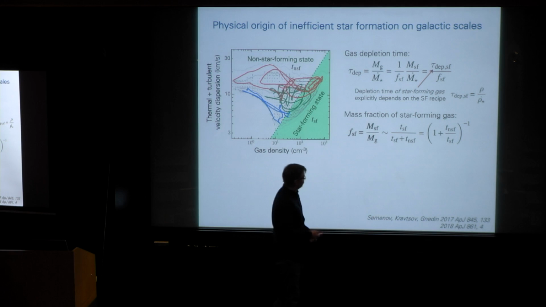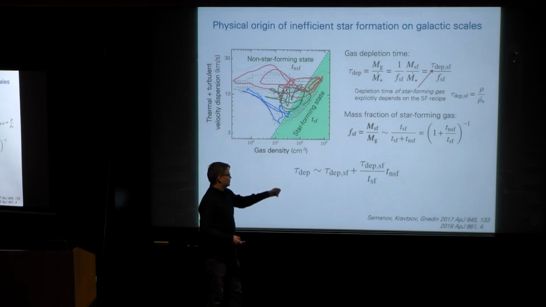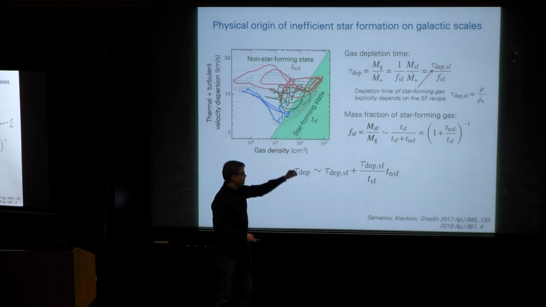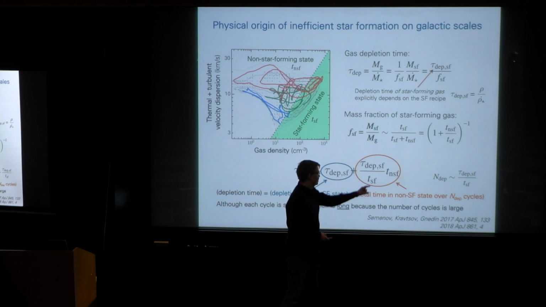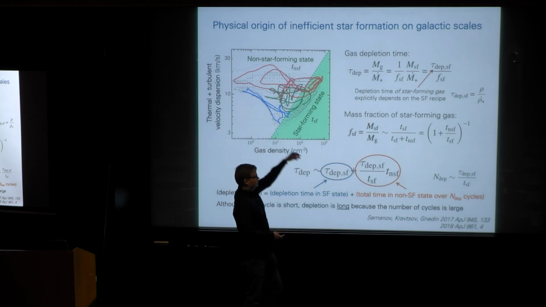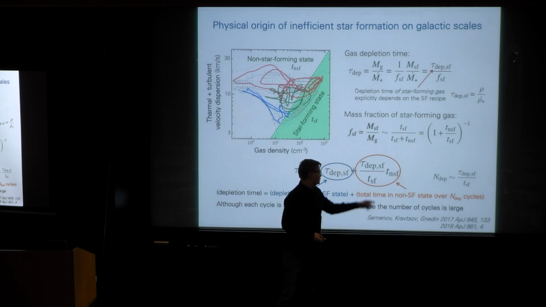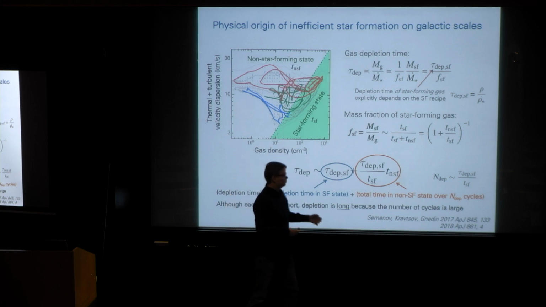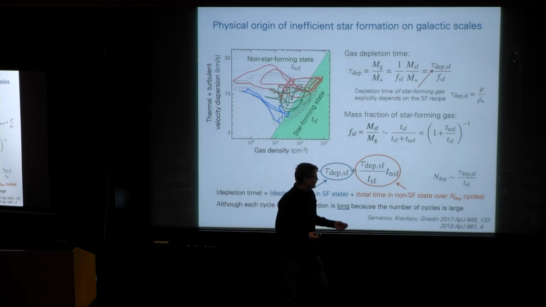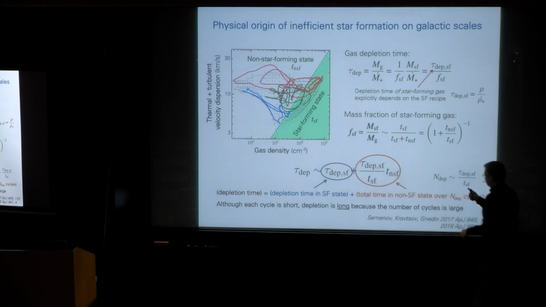Then we can combine these two equations and get a simple expression for depletion times, which tells us that the global depletion time of gas is the depletion time in the star-forming state plus the total time that gas spends outside of star-forming regions. The duration of each cycle is set by dynamical timescales in the interstellar medium. And the number of cycles is set by the ratio of the depletion time in the star-forming state, which is long because star formation is locally inefficient, and the typical duration of star-forming stages, which is short because of the efficient feedback. So this ratio becomes